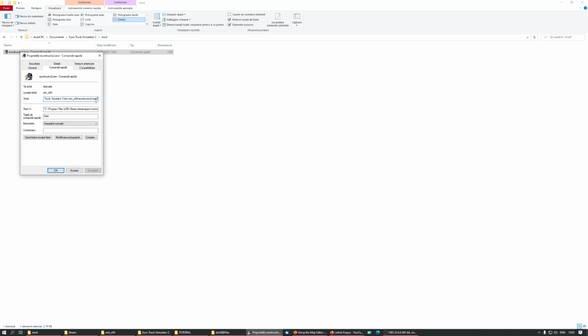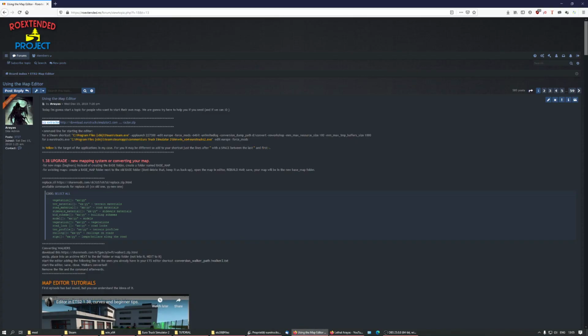path to this application, and here is the end. To start the editor instead of the game, you need to add something here after this sign. First of all, press space after this. It must be an empty space here, and then go to the forum, and here you have command lines for